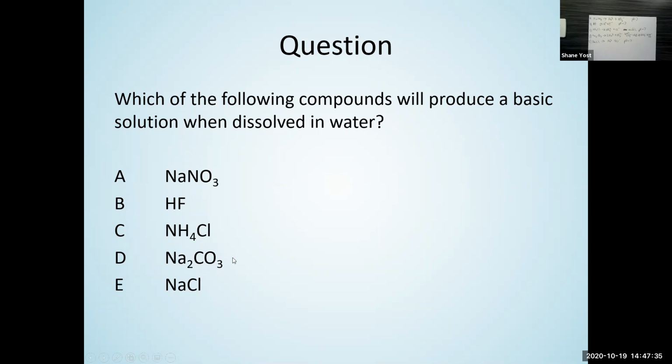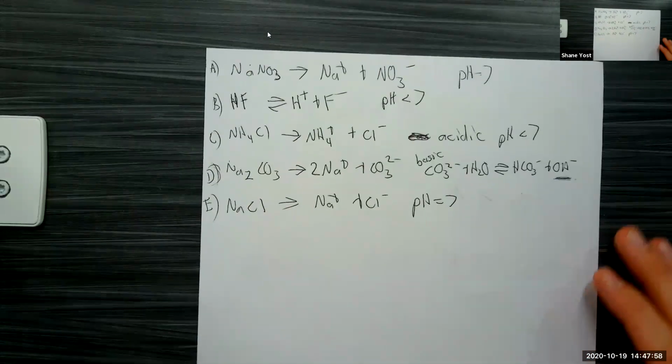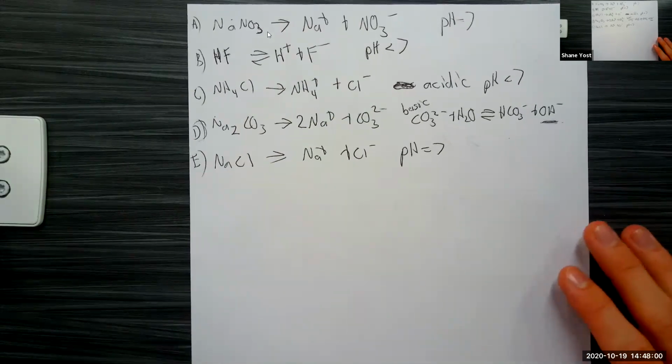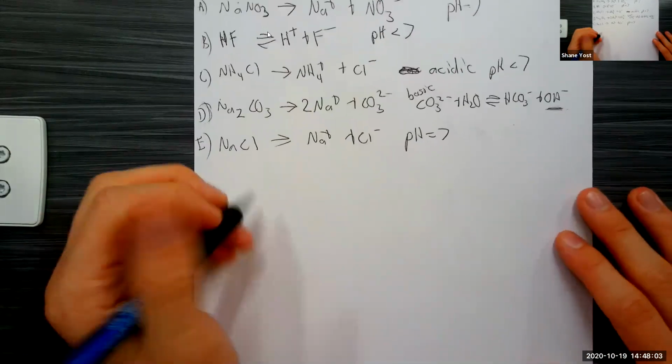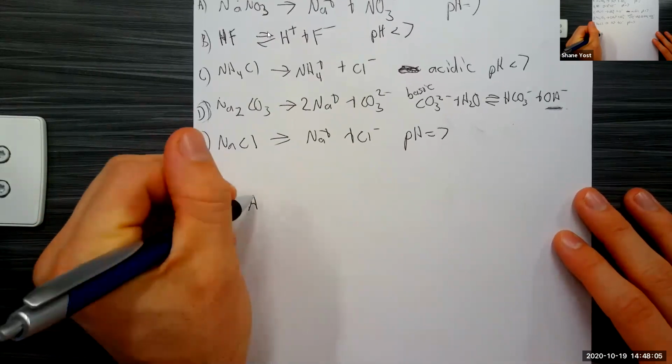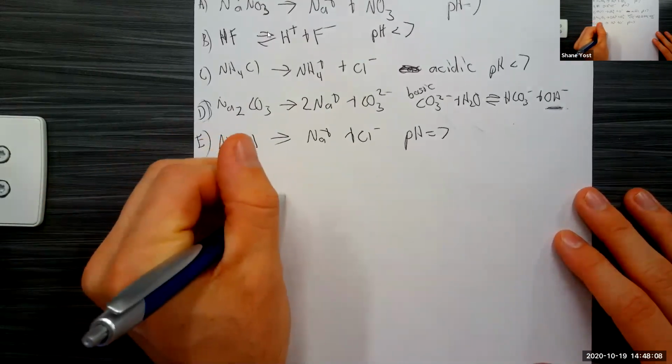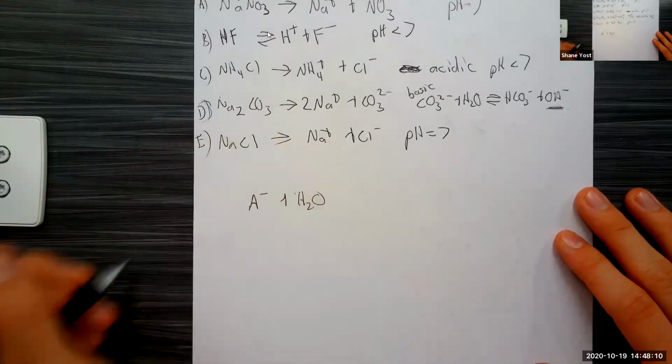Because it can't necessarily be a weak acid. Basically these ions in solution can either act as an acid or a base, because they can react with water to donate a proton to water or to take a proton away. Any ion in solution can technically do this; whether or not they're strong enough to act as an acid or a base is a different question, but we're not asking that question. We're just asking whether or not things will act as a base. Any anion, A-, say, could react with water